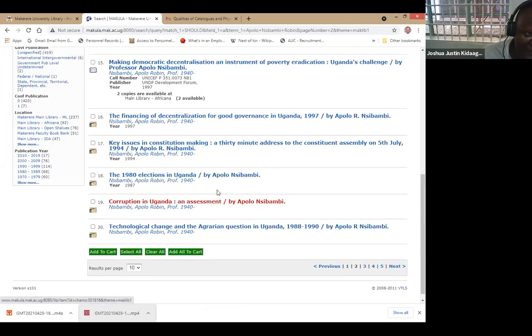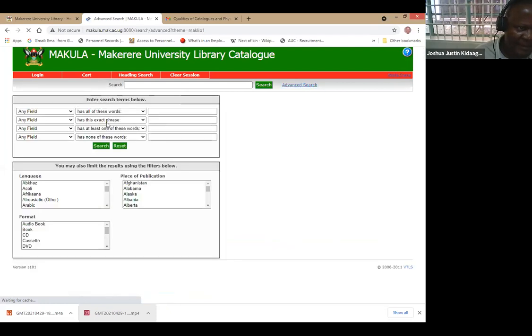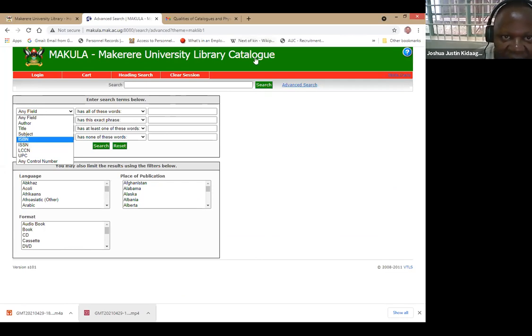So that is how we search for books. If you know who wrote the book, if you don't know who wrote the book, then there are other options. You can use the title, the subject, the standard book number, the serial number, etc. But why I brought this was because of